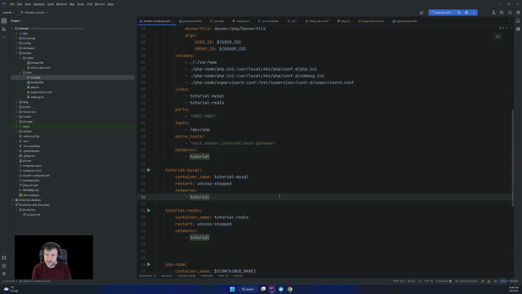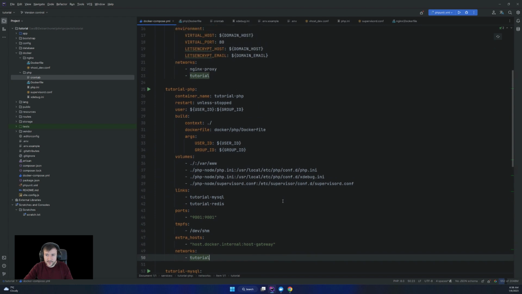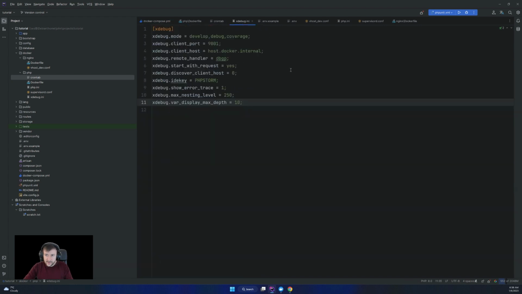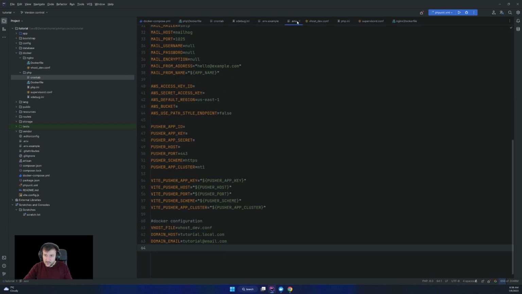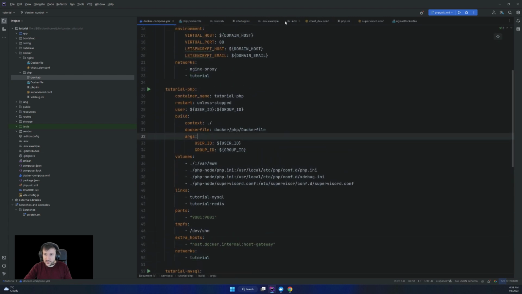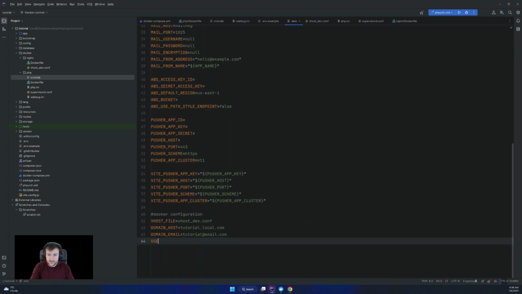You will see in a second. Actually, maybe not in a second, but you'll see soon the configuration for it. And that will be the Xdebug configuration. We need to add the user and group ID, like I showed you last time in the env. So we have user ID 1000, group ID 1000.